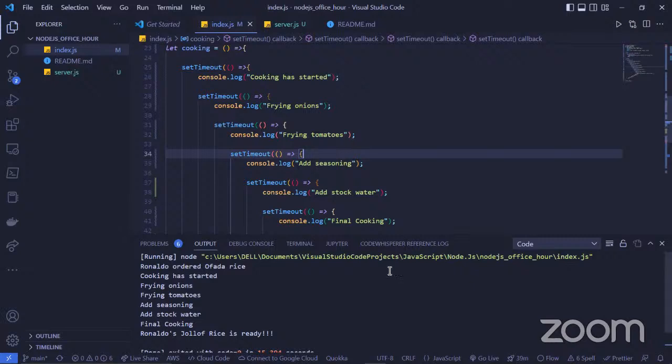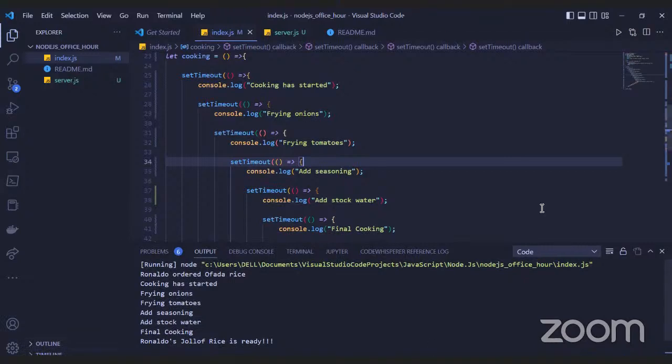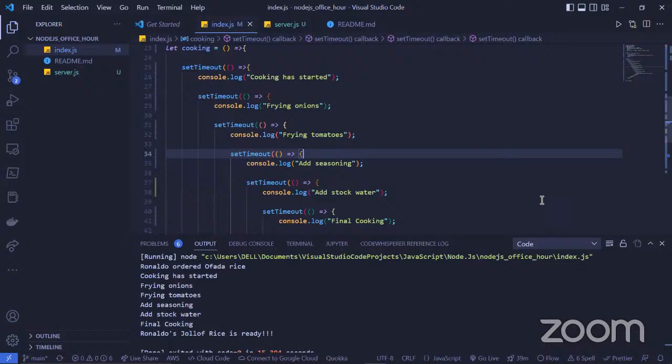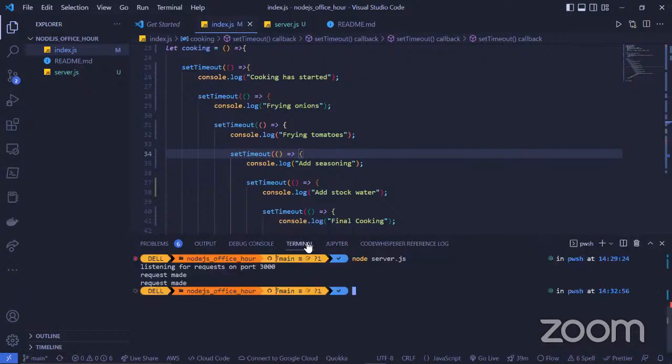Because of time, we may not be able to go through promises. This is already 2:55. I would have to go now. But one of the things I would do now is to save this code I have written. So I will git add all.